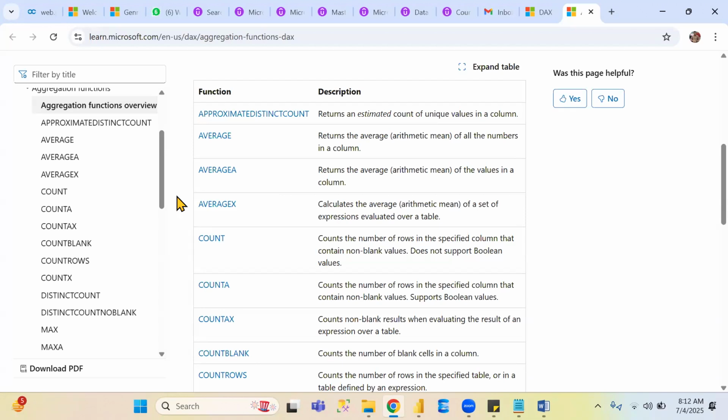What we need to do in AverageX is write an expression. Expression means you can write multiple columns, and in between the columns, if you are using mathematical operators, then that is called an expression. What are mathematical operators? Do you understand what I'm saying? In X-related aggregation functions,